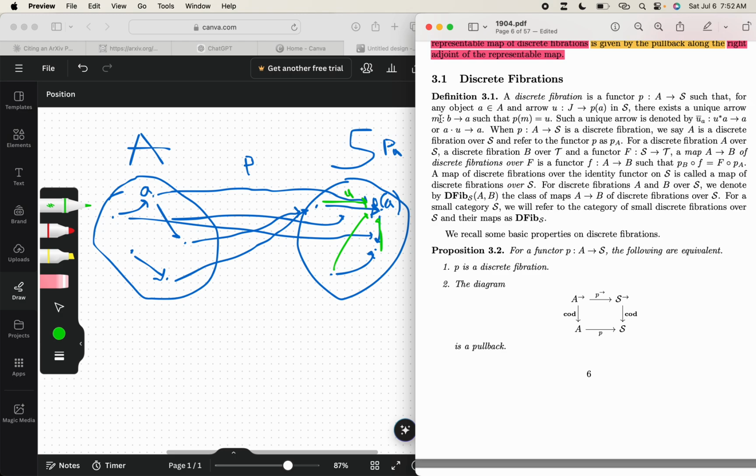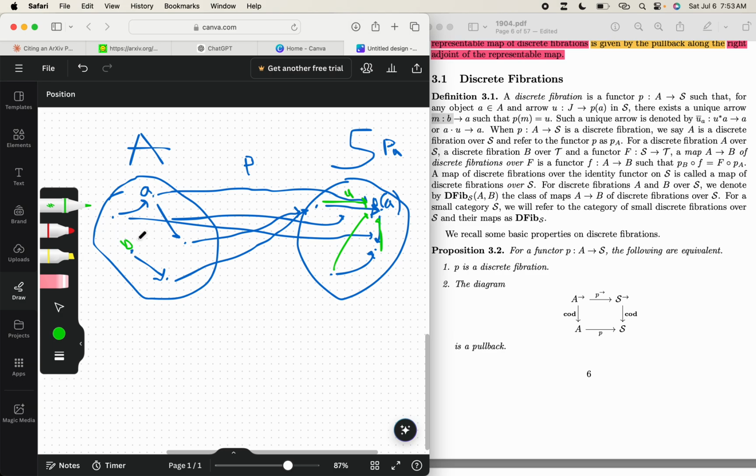There exists a unique arrow M from B to A. So what this is saying is the arrow is unique, which would mean that it is going to determine some object B that it comes from. But in the hom set between B and A, there can be multiple arrows. So M determines B uniquely, I think, but B does not determine M uniquely. That's one of these little things about the definition that you should think about. So anyway, let's assume that we find our B